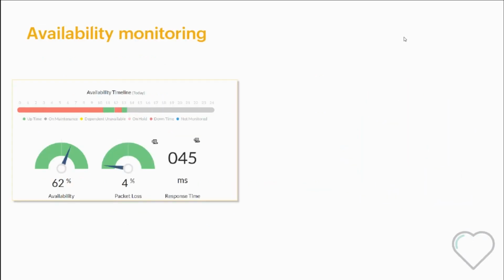So, diving right into the training, we talk about availability monitoring. You all know that availability is one of the basic and fundamental requirements of all networks, and this is a very important parameter that lets you check the health of your devices, and it is very crucial for any business. So, in OpManager, we monitor the health of any device using protocols such as ICMP, SNMP, and TCP. So, basic ping response is what we look for.